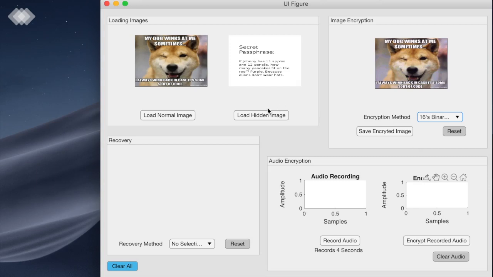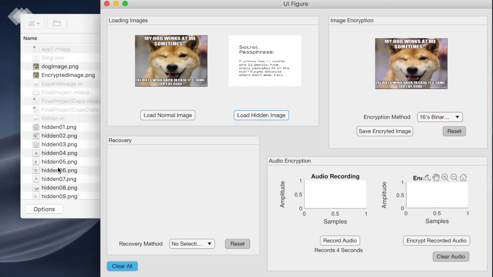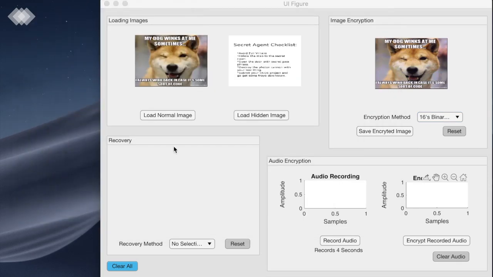And so I only stored 9 images in here because for the 10th image, I'm going to come and load it, and we are going to actually store it with our own voice. We can record audio and use an algorithm to encrypt that into different audio data that we can then extract this hidden image from. So if I click record audio,